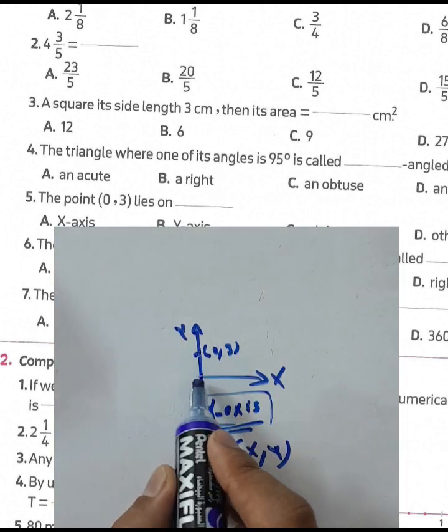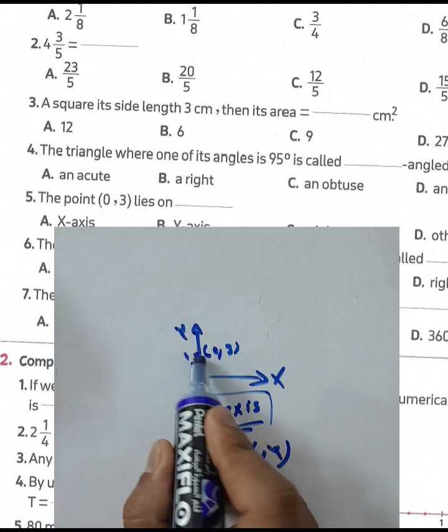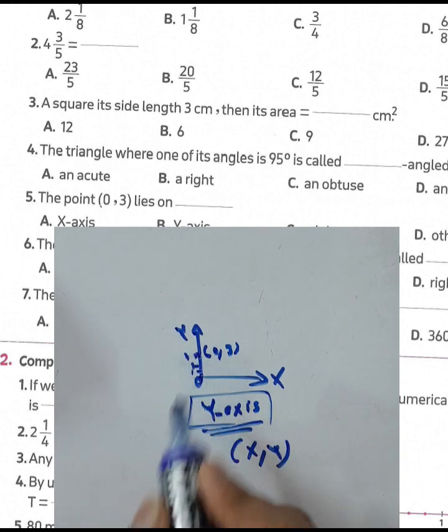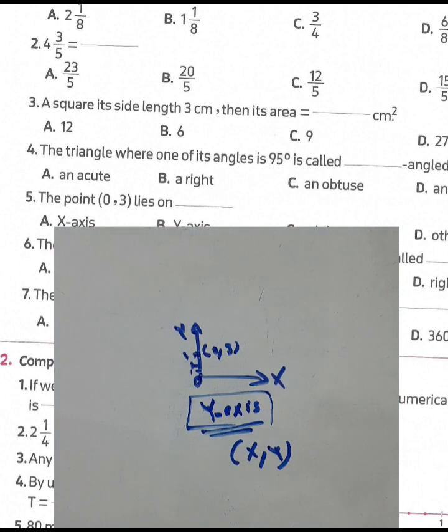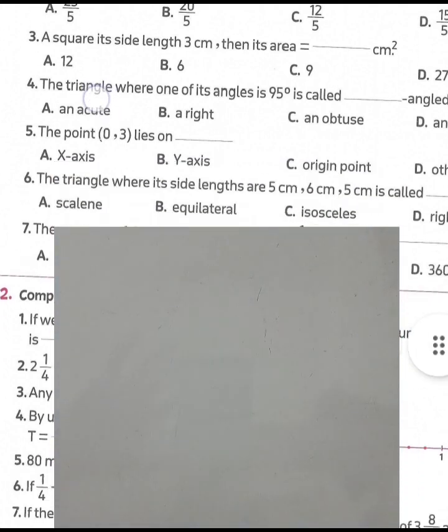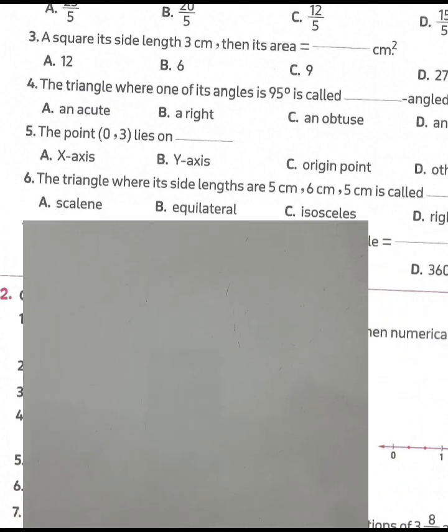0 and 3 here. 1, 2, 3. Then point 0 and 3, going from 0 to 3. Okay. Next question, number 6. The triangle where its side lengths are 5, 6, 5 centimeters, we call it an isosceles